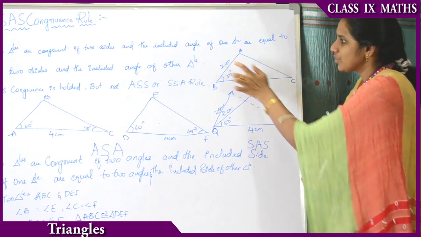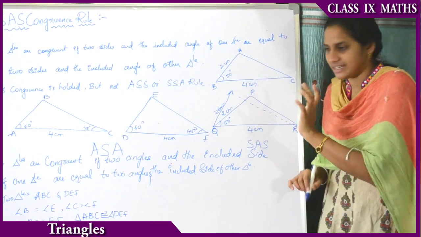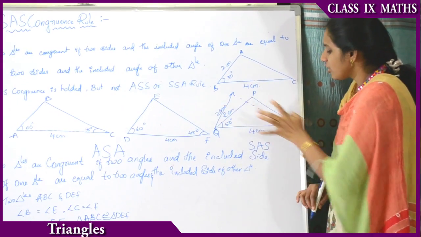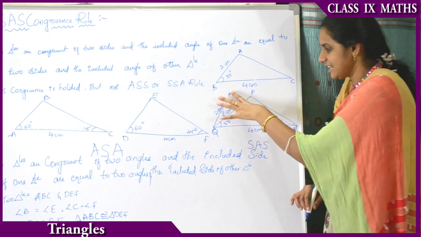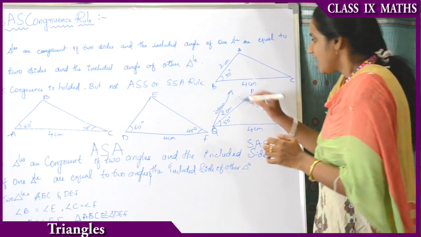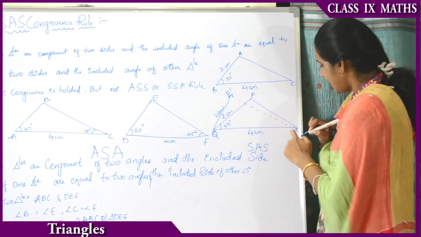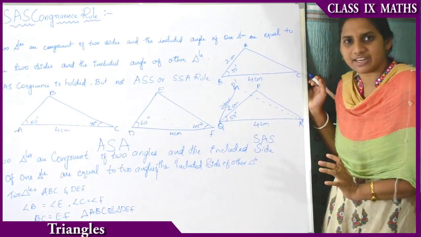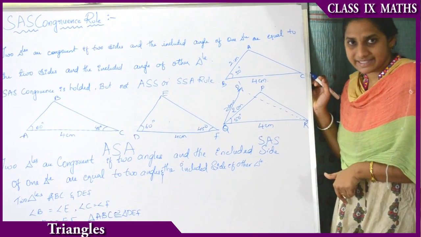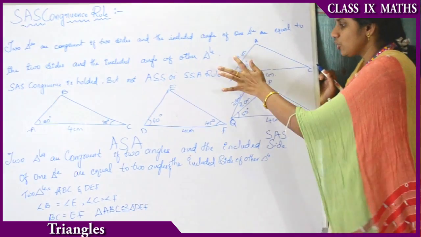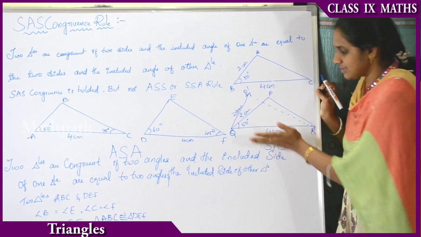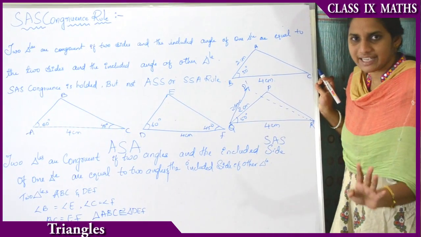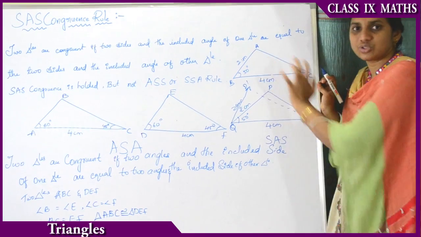Here we are seeing that two sides are the same, right? 2 centimeters, 4 centimeters. Here also 2 centimeters, 4 centimeters. But the meeting of these two endpoints is changing, right? The distance is changing. That means here P dash R is a different size and PR is of a different size, right? That's why we say that when two sides are of the same size for two triangles, it is not enough for the congruency of two triangles.